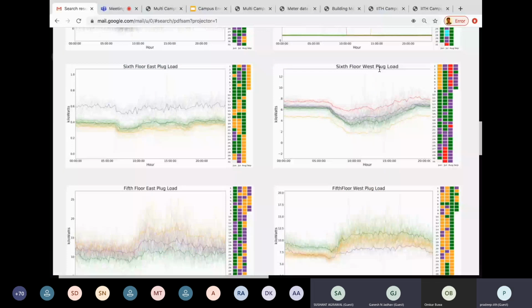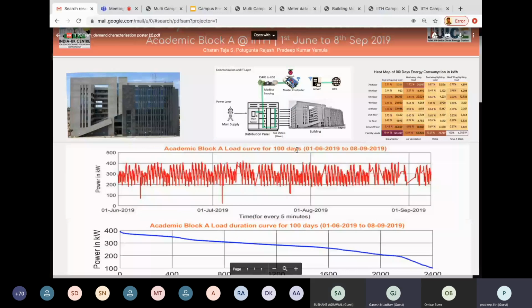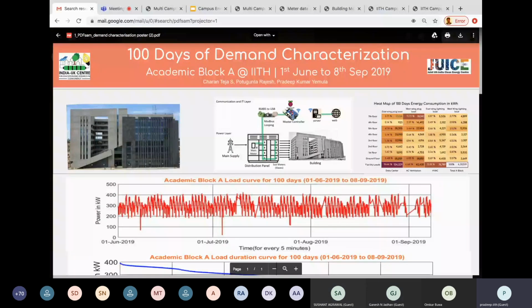So more or less I thought of explaining this part, and the data analytics part also I have explained. I would like to spend some more time on the final discussion. Then we can conclude after that. Is that all right? Yes, sir.